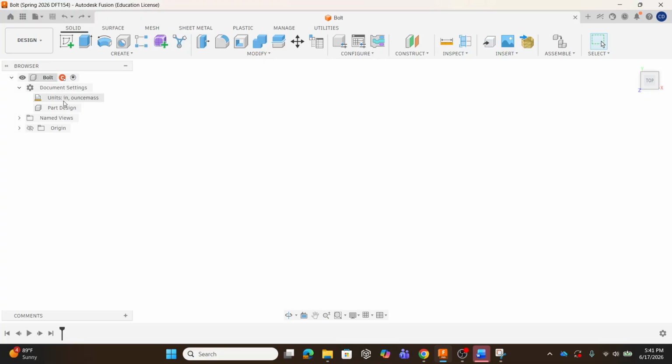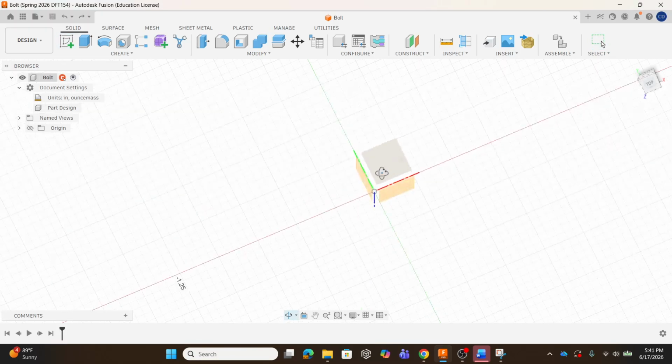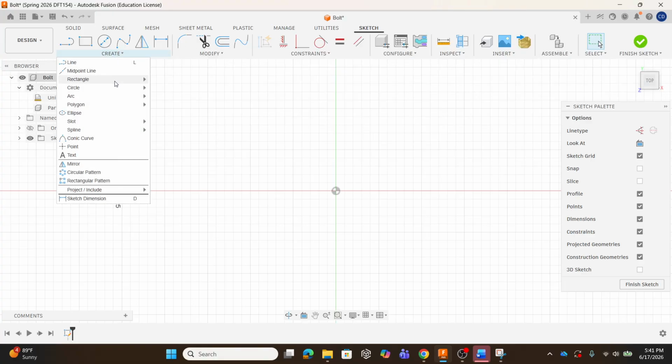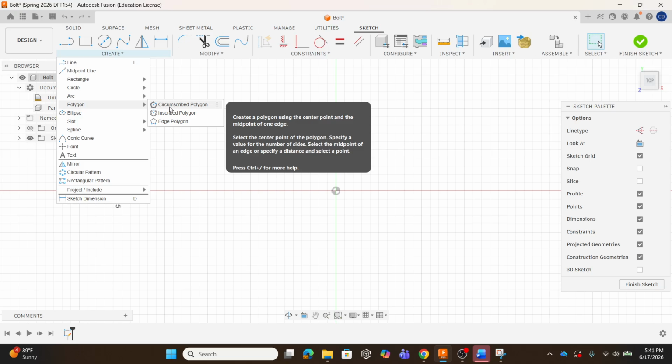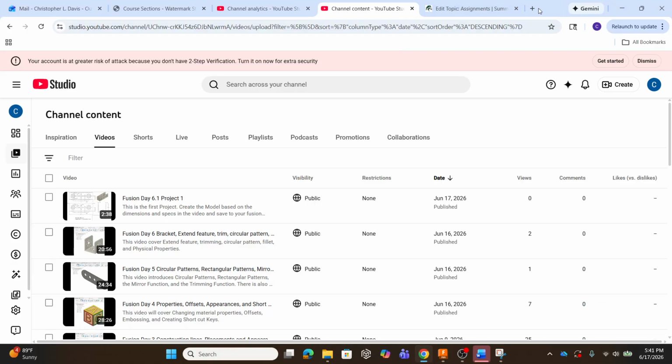Alright, so we've already saved a drawing. We switched our units to inches, so we hit Create with the plus and then select our XY coordinates. So from Create, go to Polygon, and we're going to do a circumscribed because I want flat to center so that I can get the head size of the bolt. And real quick, before I do that,